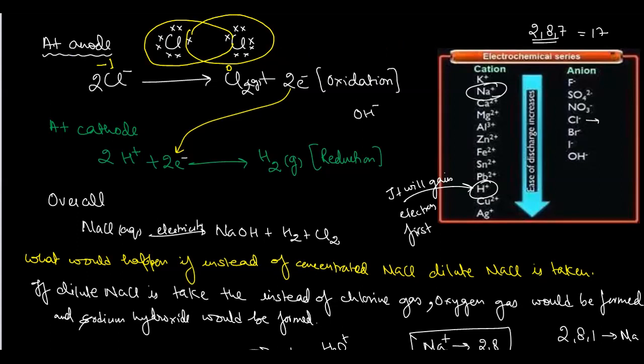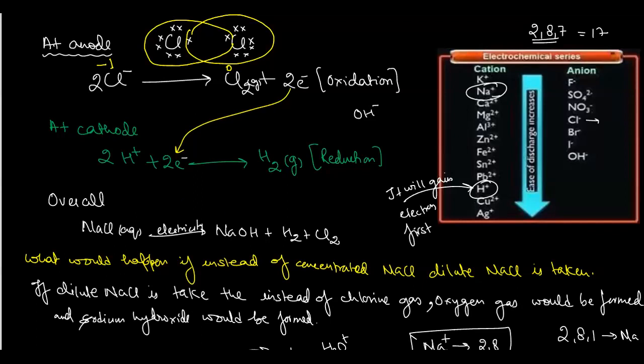Okay. So at anode, always the oxidation takes place. At cathode, always reduction takes place. So it can be asked in a 1 mark question that when we do the electrolysis of brine in the chloralkali process, what happens at anode? Is the chloride ion oxidized or reduced? So we always say that the chloride ion is actually getting oxidized, or oxidation is taking place. Always at anode, oxidation is going to take place. At cathode, reduction is going to take place.